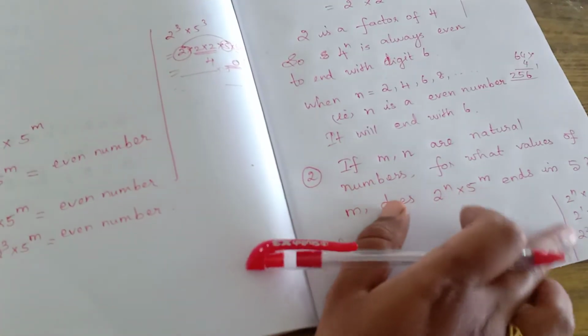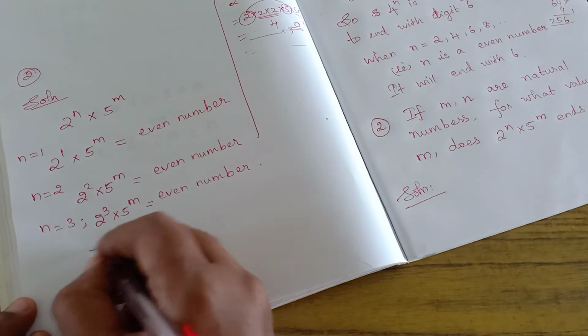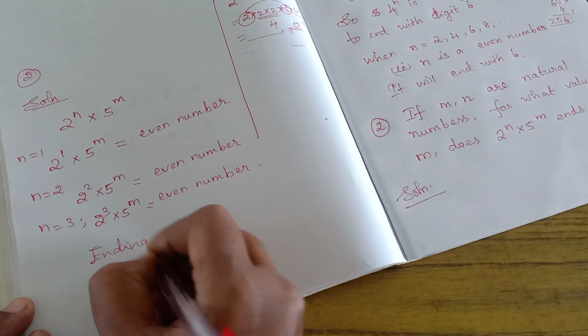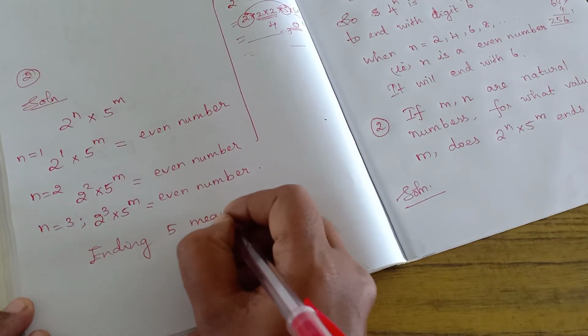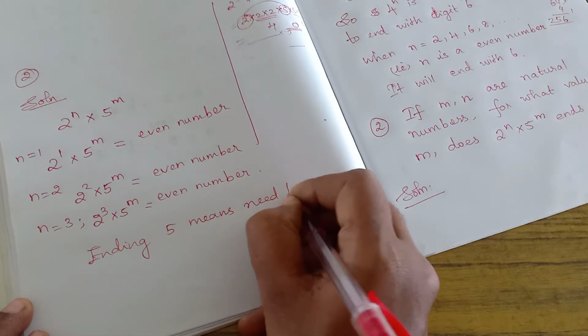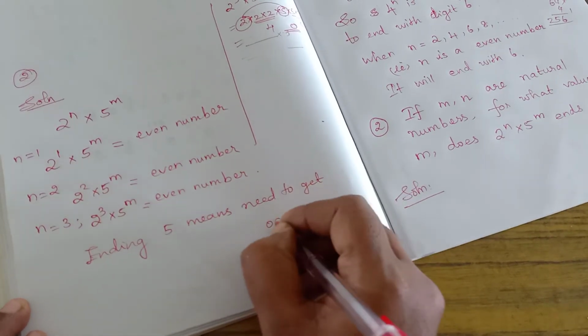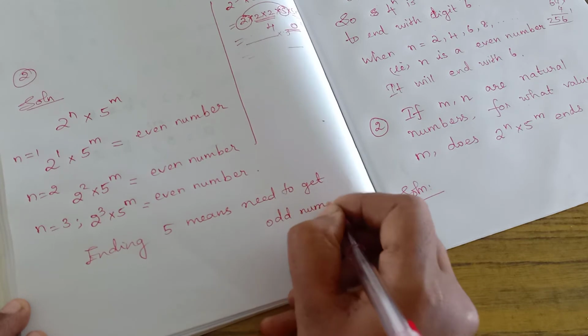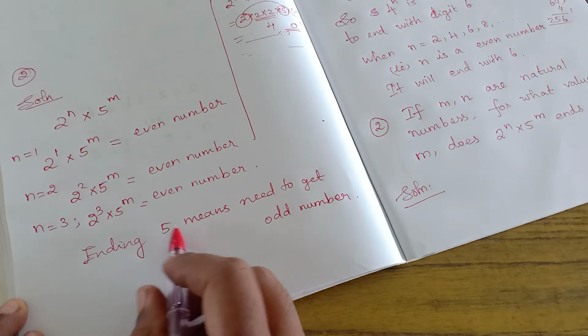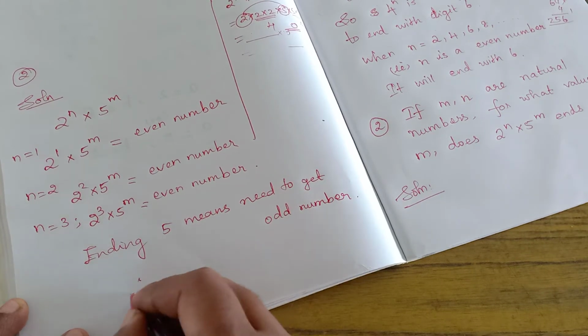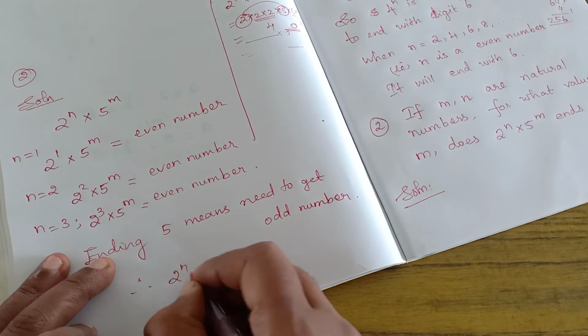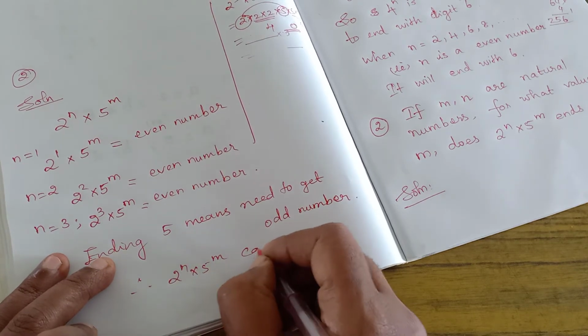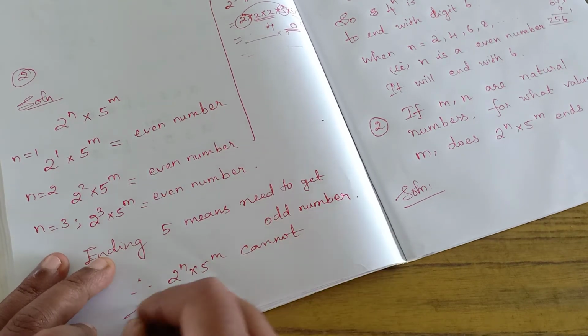But we need to get a number ending with 5. Ending with 5 means we need to get an odd number. Odd number means we can end with 5. Therefore, 2 power n into 5 power n cannot satisfy the condition